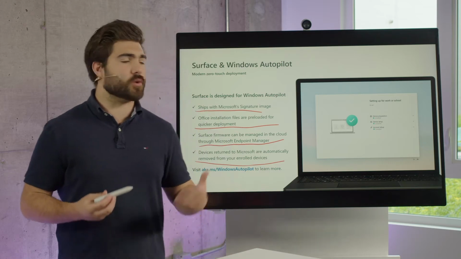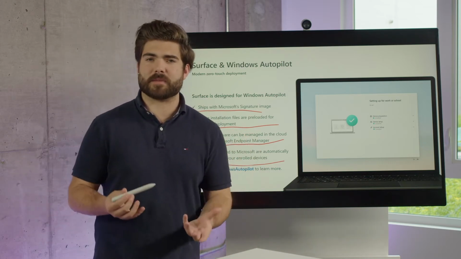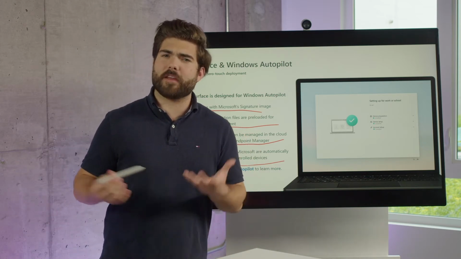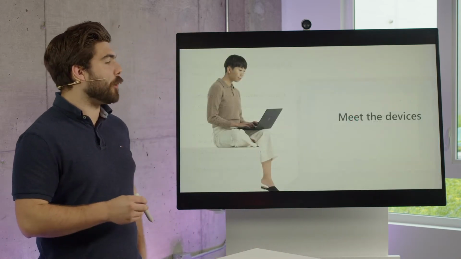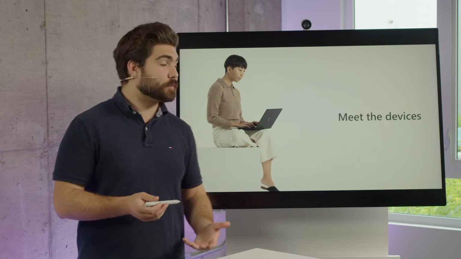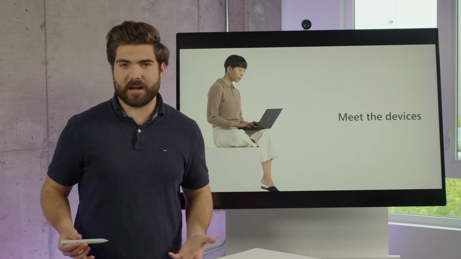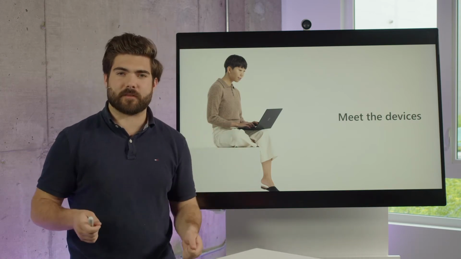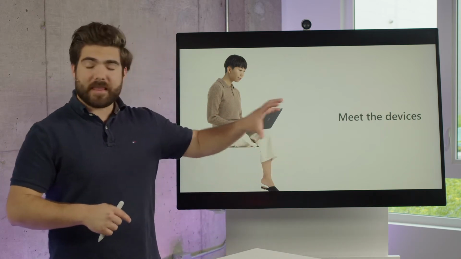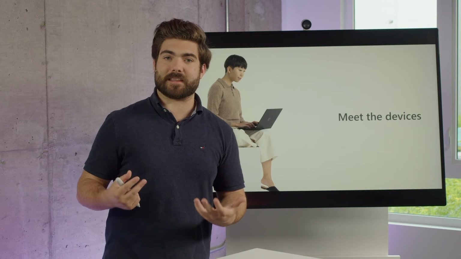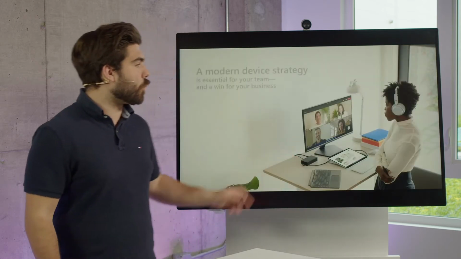Now, we've talked a whole lot about the advancements that we've made when it comes to our safety, security, deployment, and management when it comes to Surface devices and how they're well fit for this hybrid work world, but why don't we go ahead and actually learn a little bit about the devices themselves. We have made a myriad of advancements to the actual specific devices, not just the methods around protecting and managing them, but the actual devices themselves when it comes to making them a good fit for the hybrid work world.